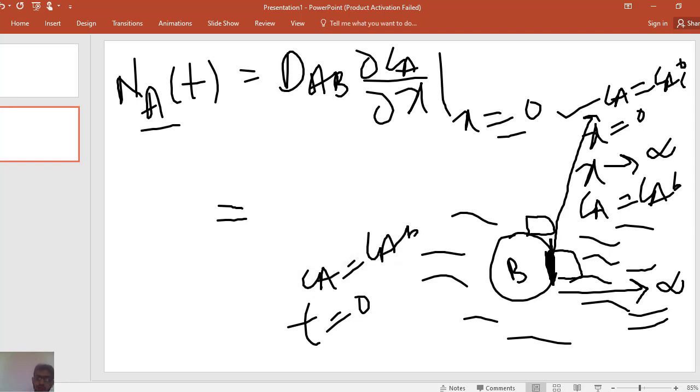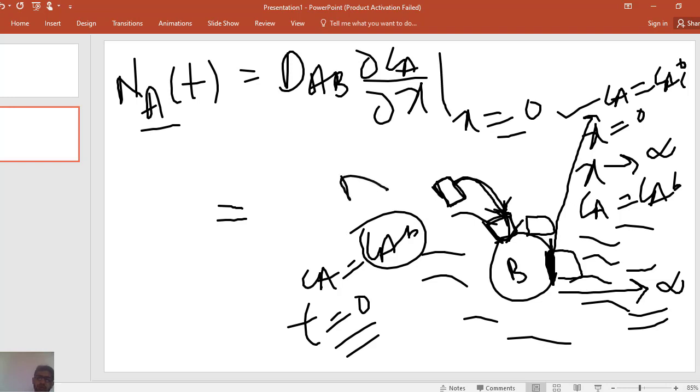It means that when time t is equal to 0, a fresh liquid element comes to the surface. The concentration of component A in the fresh liquid element which has just come to the surface is CAb, which is present in the bulk region. So the flux of component A at time t is DAB dCA by dx at x equal to 0,